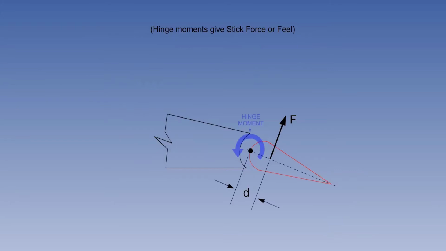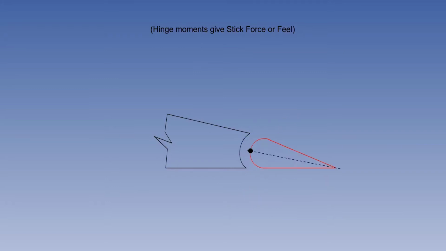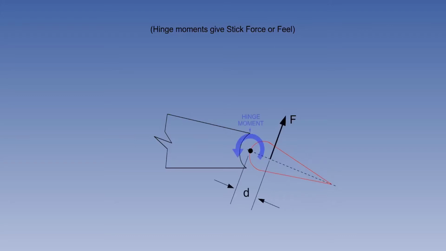The force the pilot must apply to move the control surfaces into the airflow or hold the required angle of deflection must not be too high. When the pilot moves a control surface into the airflow, the airflow resists. An aerodynamic force will try to rotate the surface around the hinge in the direction in which the force is